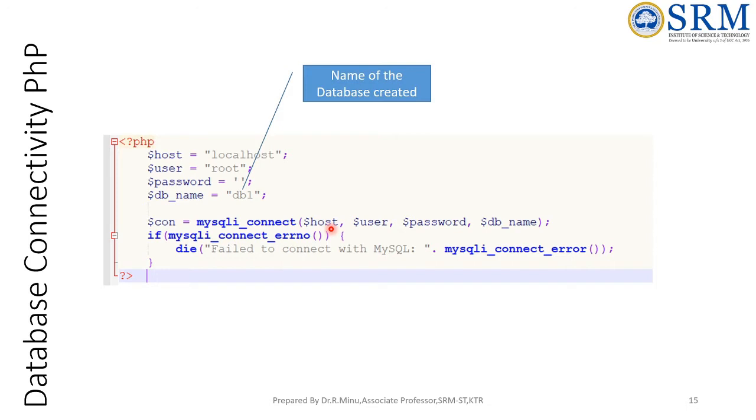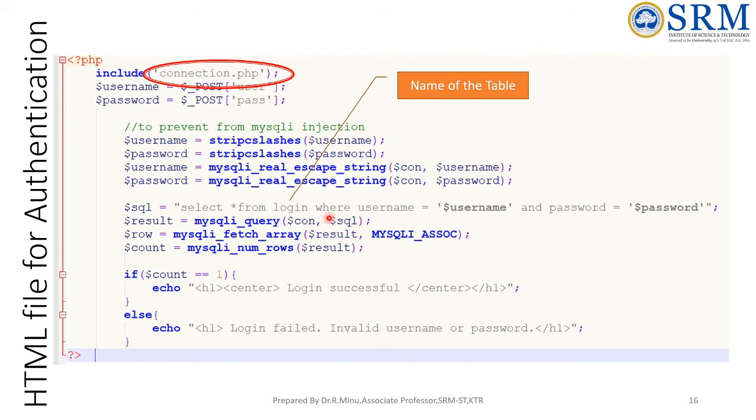So once your database is connected, we need to validate with the table. So here we just used four variables: username, password, username and password. So first one, this strip classes username. The username and password is actually what we got from the HTML file. So the values we got from the HTML file will be saved in this particular variable username and password. And this username and password has to be sent as a query to the table.